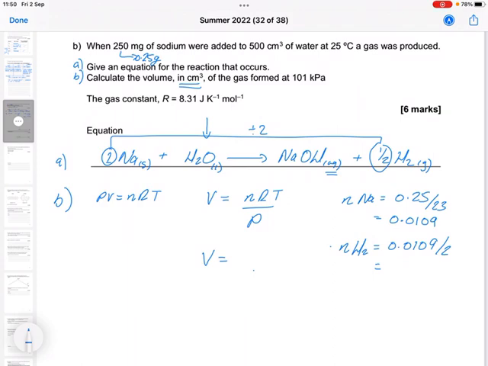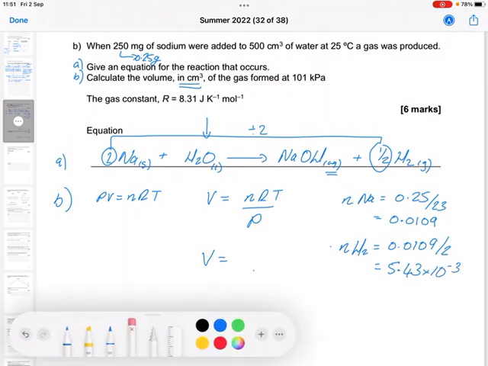There's a range in here, so let me get my calculator and work that out properly. 0.25 divided by 23, that gives me 0.0109, divided by 2 equals, so on my calculator it is 5.43 times 10 to the minus 3. So I've got n. Let me just move this over a little bit, so I've got plenty of room for that. So V equals